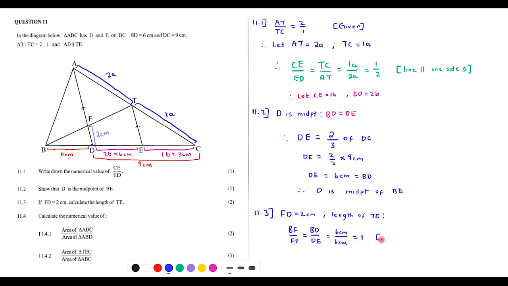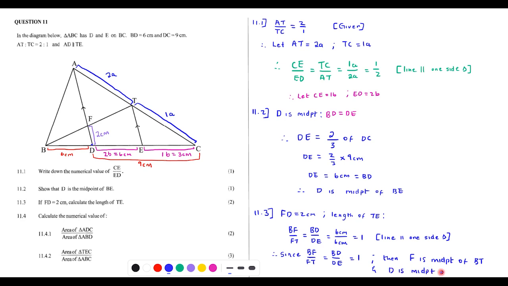This is because of a line parallel to one side of a triangle. Because the ratio is 1, since BF over FT is the same as BD over DE, and they all equal 1, this means that F is midpoint of BT, and D is also midpoint